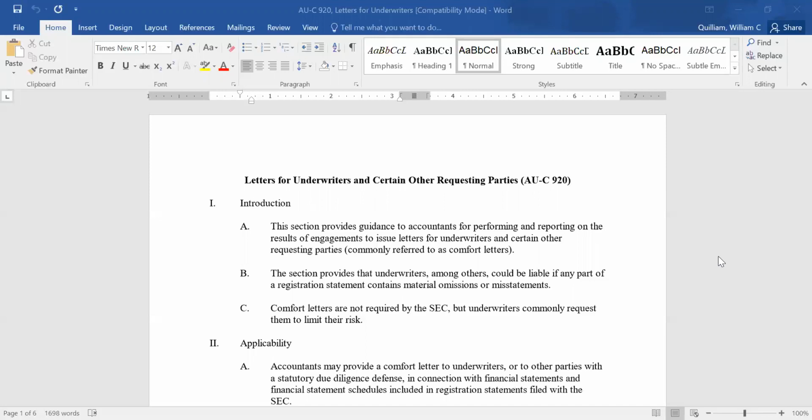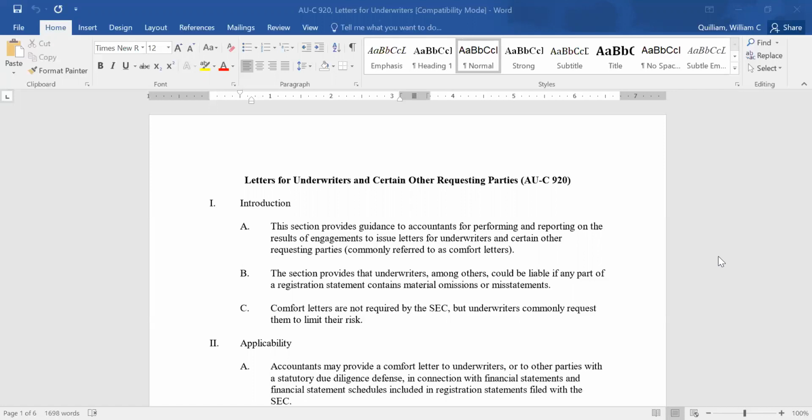So the underwriter will buy this inventory, if you will, of securities from the company issuing them, and then will resell them. Obviously, the underwriter hopes that the resale price will exceed the cost. And the difference there, instead of gross profit, is called the underwriting spread. In other words, the price at which the underwriter sells them minus the underwriter's cost. But the underwriting spread can quickly turn negative. So that's one of the reasons why an underwriter may want a special type of letter from a CPA. And that's what we will discuss today.